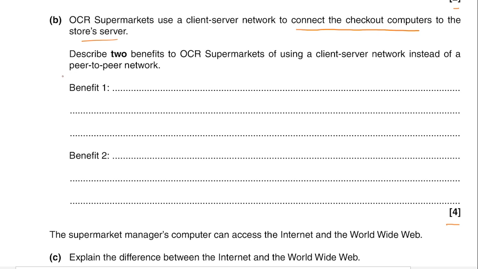And then you have the alternative, which is a peer-to-peer network, where the nodes are all communicating between themselves directly instead of going through the central server. So this wouldn't be very suitable for this company, because having a client-server network allows you to connect the computers to the store's server. So data can be stored centrally. You get your first mark for identifying this, so then you've got to explain it, because it says to describe. Data can be stored centrally,